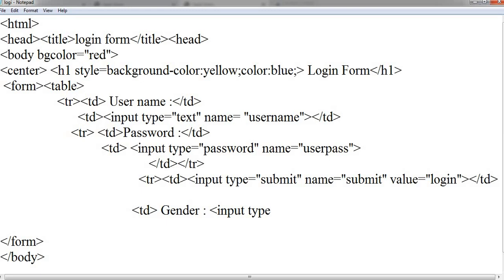Here the input type is radio, so we are giving radio. A circle-like button appears on the page.